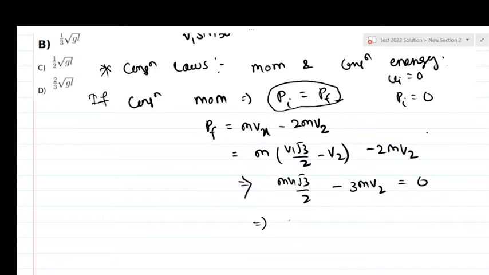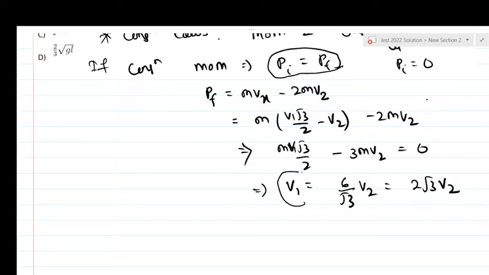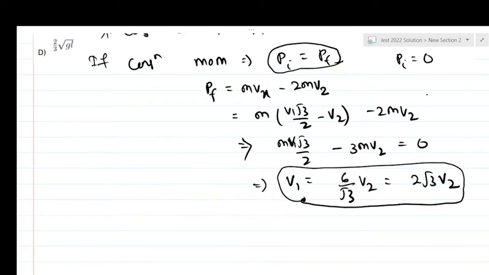That implies v1 is equal to 6 by root 3 v2, that implies v1 equals 2 root 3 v2. We get the relation between the initial velocities v1 and v2 of the two blocks, and then we have to find out,